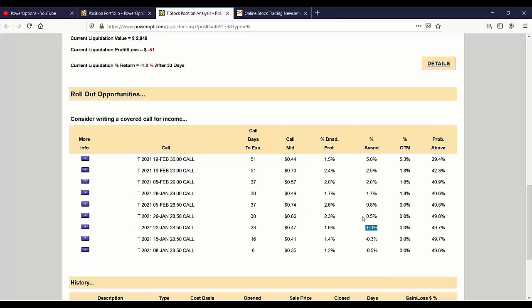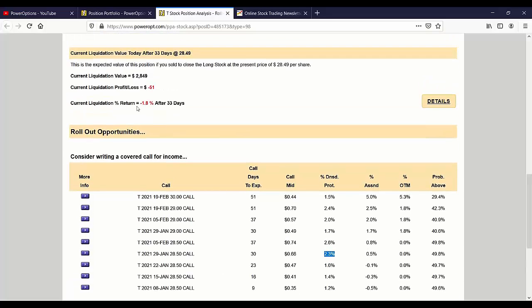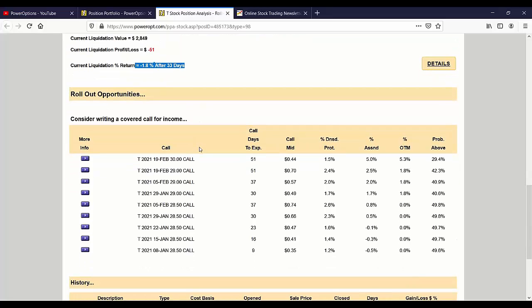But the 28.50, at the money right now for T, does give me a 0.5% return if assigned and a 2.3% downside protection. That's better than potentially looking at a 1.8% loss today after 33 days. So this is not telling you which one's optimal. PowerOptions tools are showing you which ones are available, which ones might be a good structure